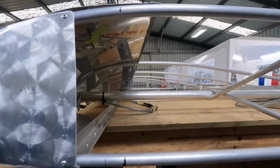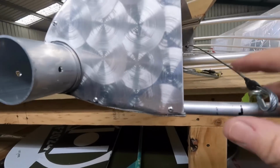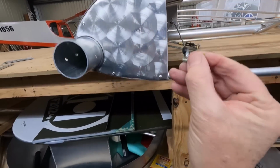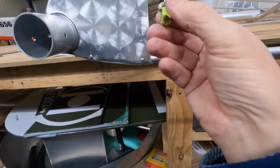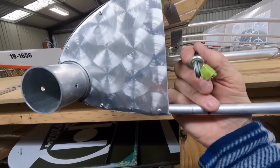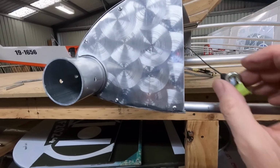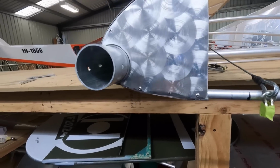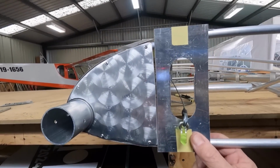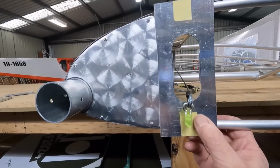Okay, so this is how we roll. I've got the aileron cable, which is taken there. That's going to be positioned there somewhere and moving. Hindsight, I probably shouldn't have put the join of the cable on the join of the wing. It's going to live there going back and forth. So I've had a rethink. I was going to do something like that, but what I'm thinking now